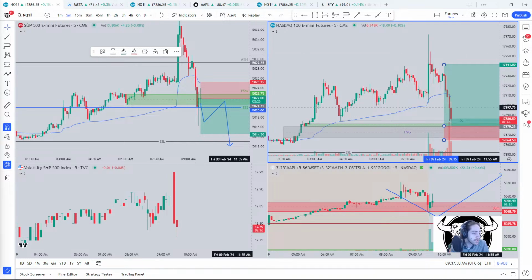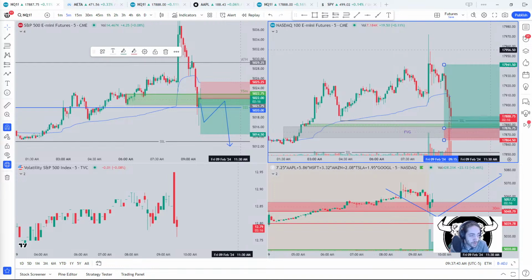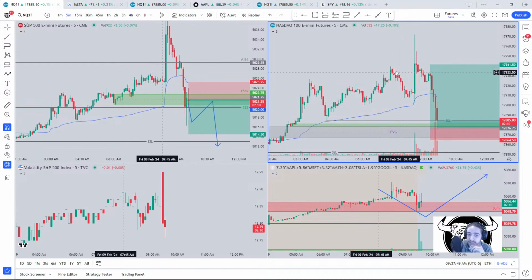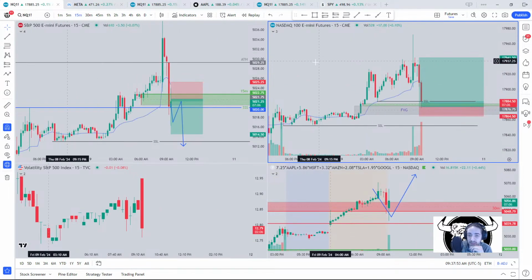This is a 4-to-1. Looking at a 4-to-1 risk reward based off of the entry. Oh, I actually entered lower. I'm looking at a 5-to-1 at the moment. If y'all got in a bit higher, probably looking at more of a 4-to-1. But we're just, again, staying in this. 2 minutes in this 5 minute. 15 minutes got some time on it too.